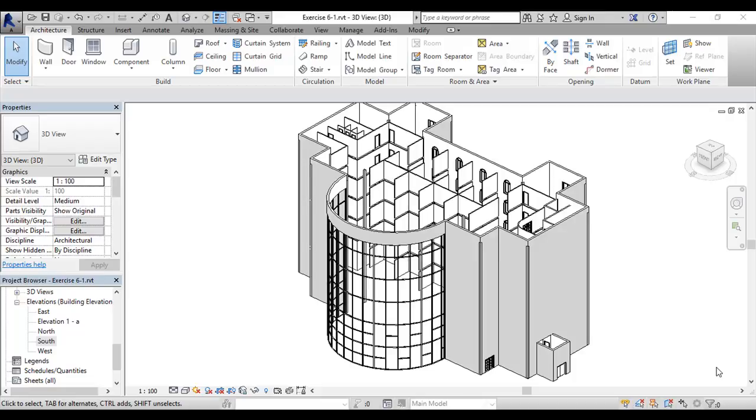Hello again. This is the sixth video of our series, in which we're discussing curtain walls. In this part, we will discuss the third type of curtain walls, which is called